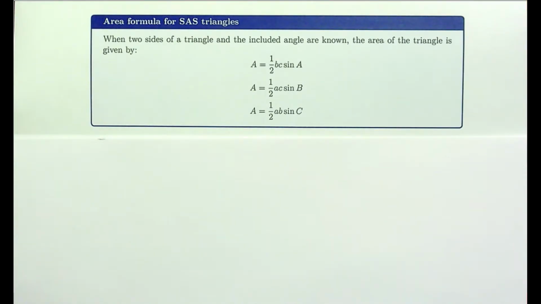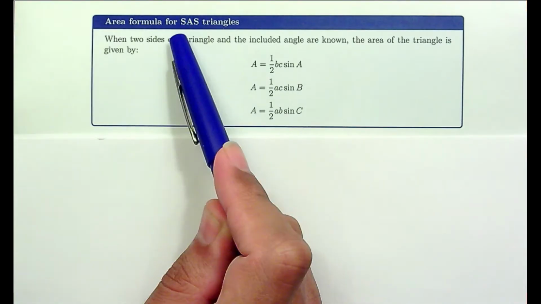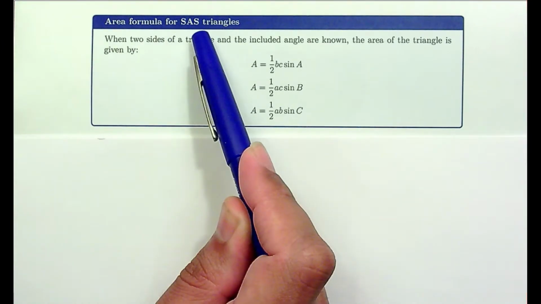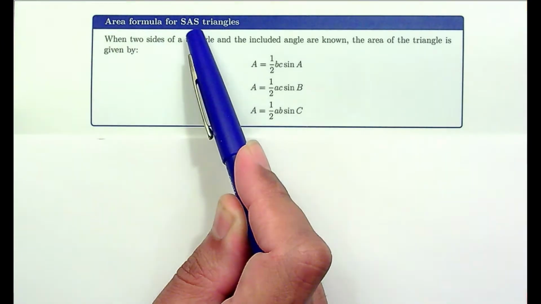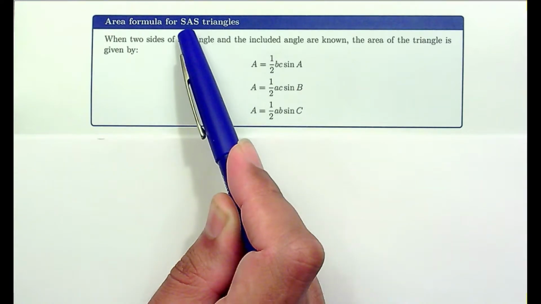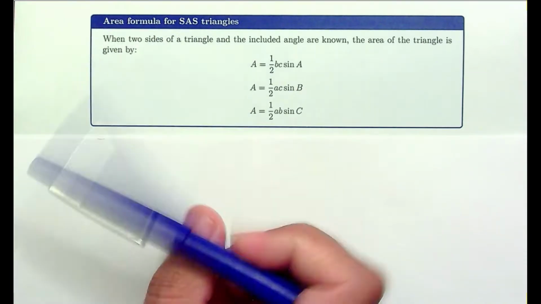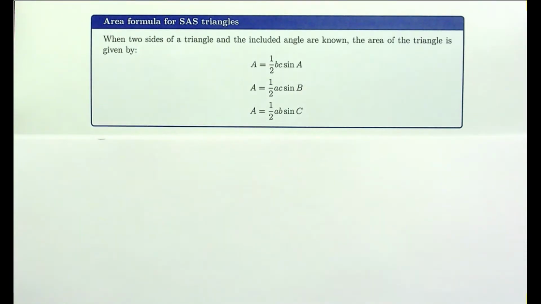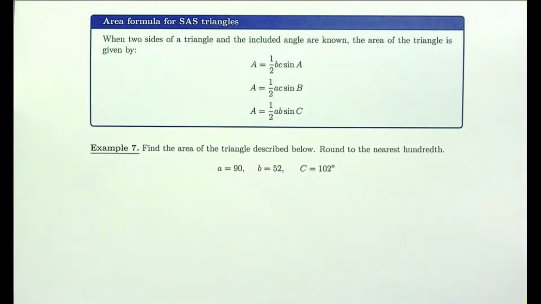There is a formula for finding the area of a triangle that applies for triangles for which you know two sides and the angle between them. So for side-angle-side triangles. And the formula says the following. If you have a triangle